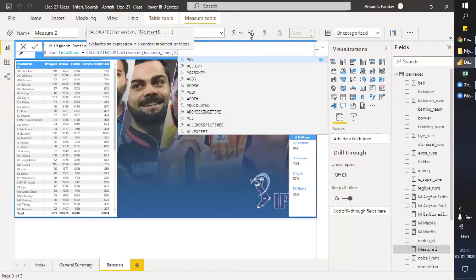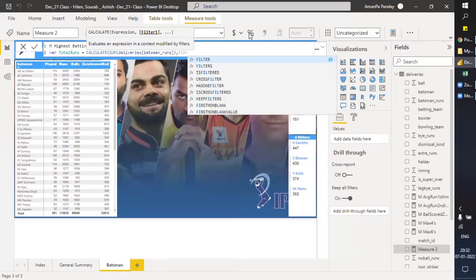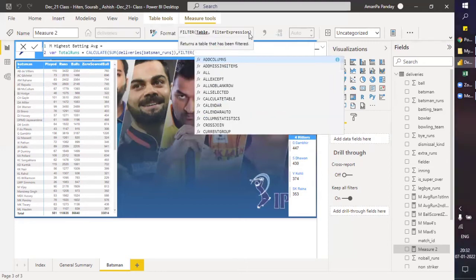and only those batsmen runs we want who have scored at least 2000 runs. Because there might be a player who has just played one match, might have played 3-4 balls and scored 1570 runs. So his average will be something beyond. Okay, so here what we will do, we will be applying a filter on deliveries.